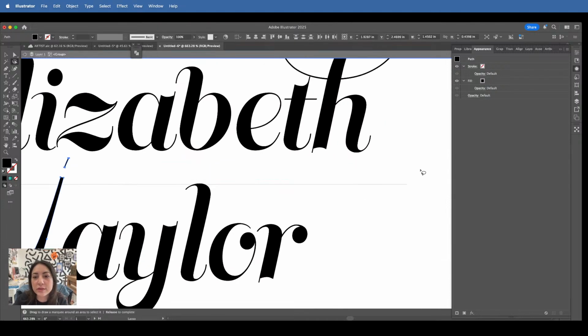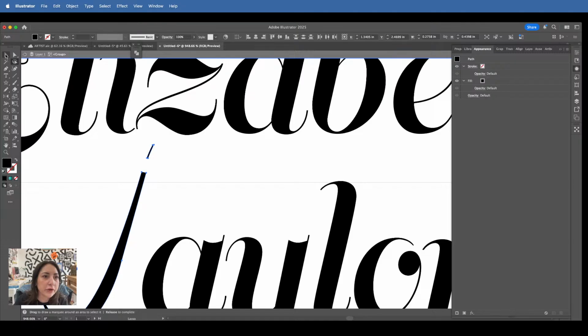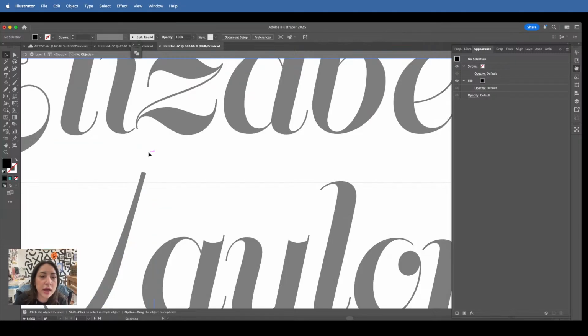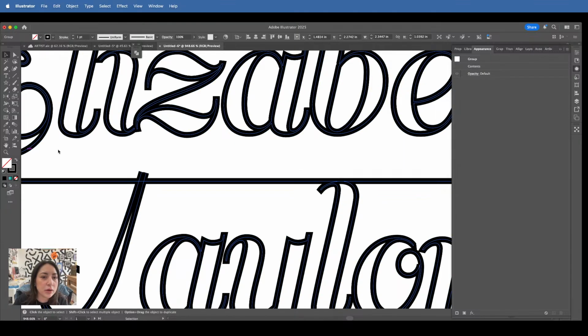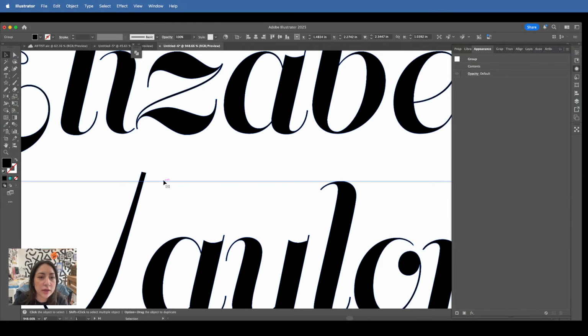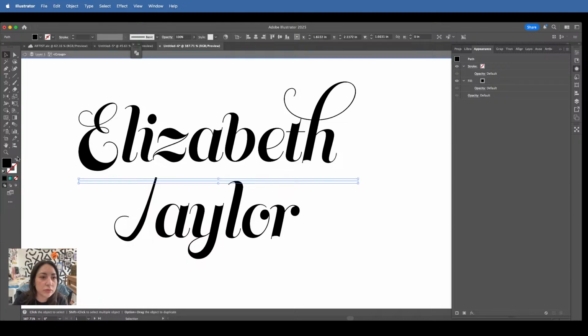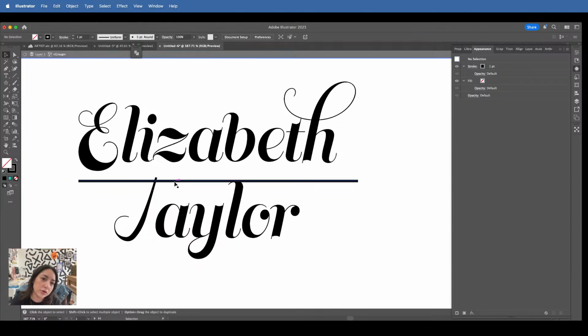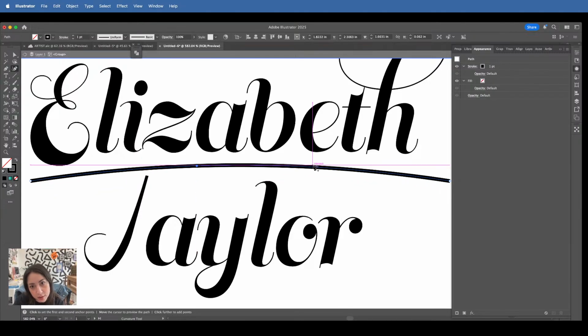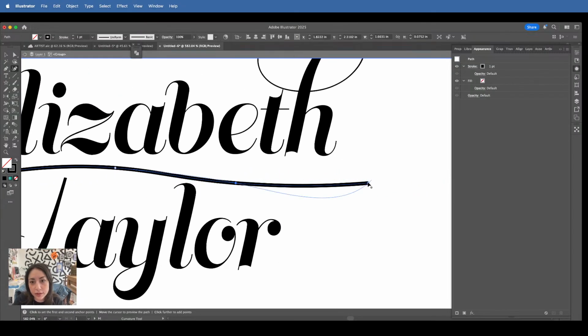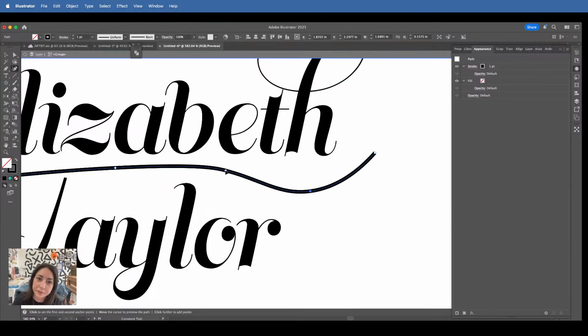Lasso these points, delete. Great. Got rid of that. Wonderful, amazing. Okay. I'm going to use this stroke to play around now. And then afterwards, I can play around with the thickness, etc., etc.